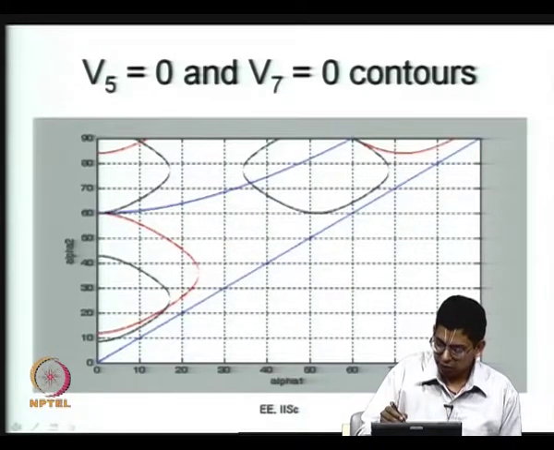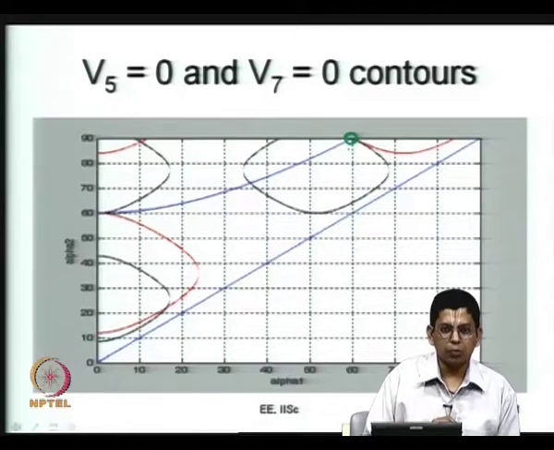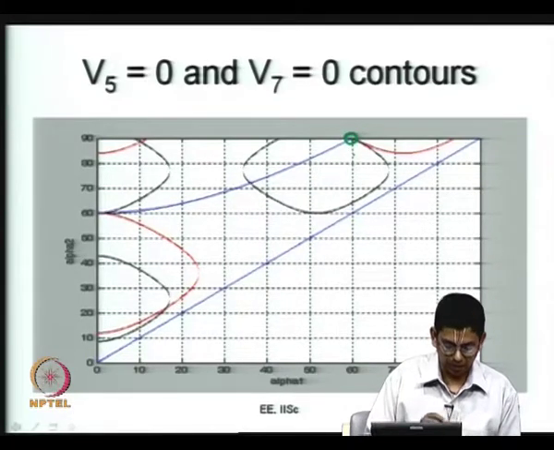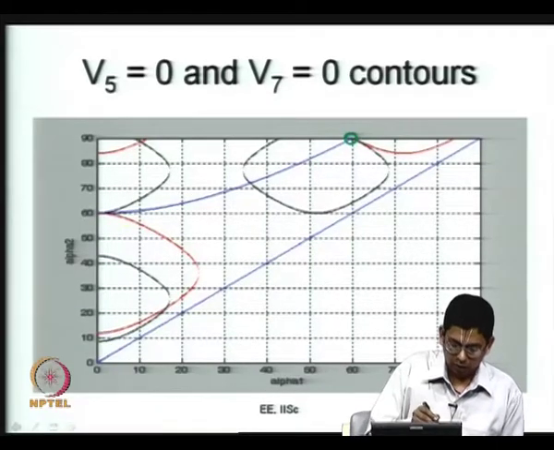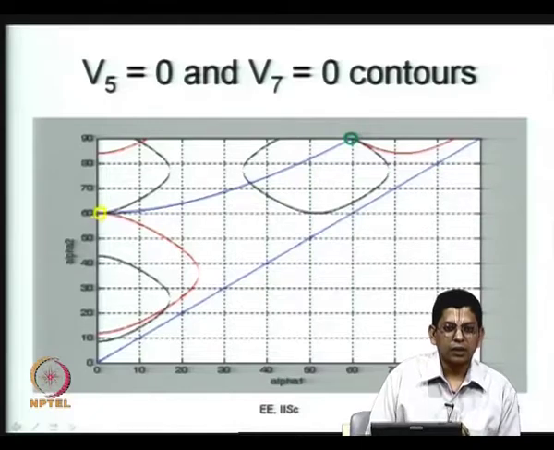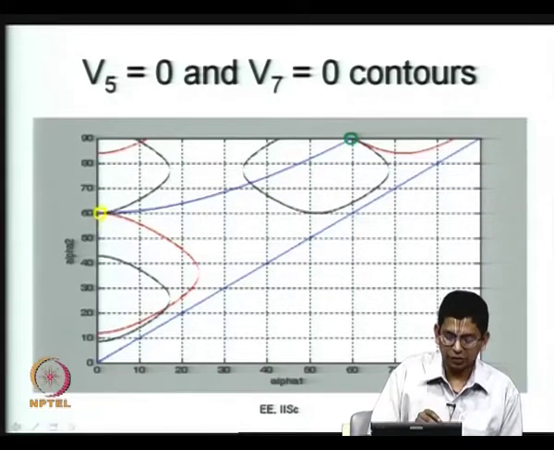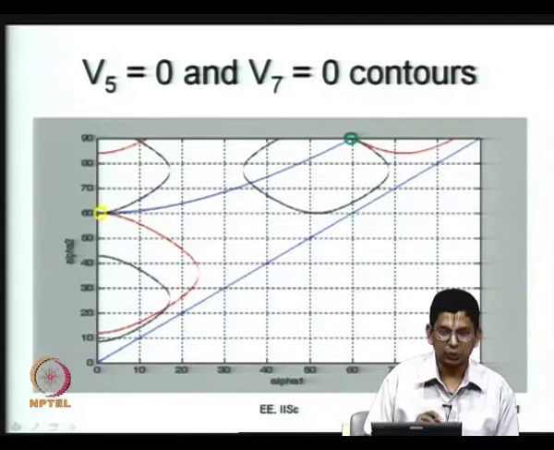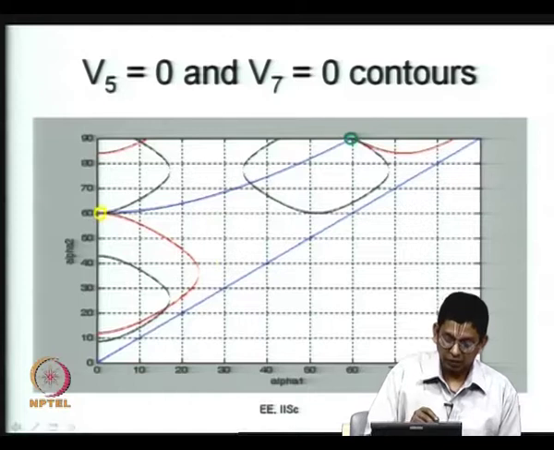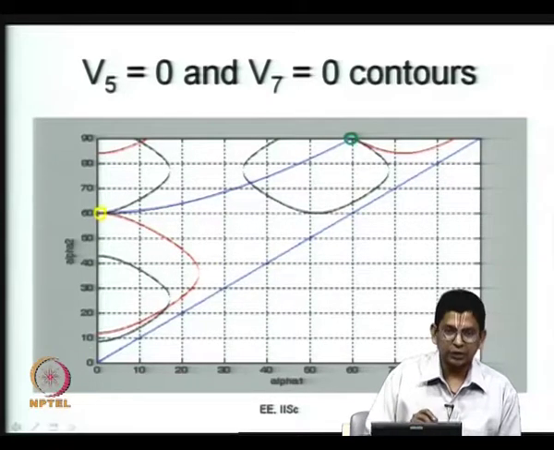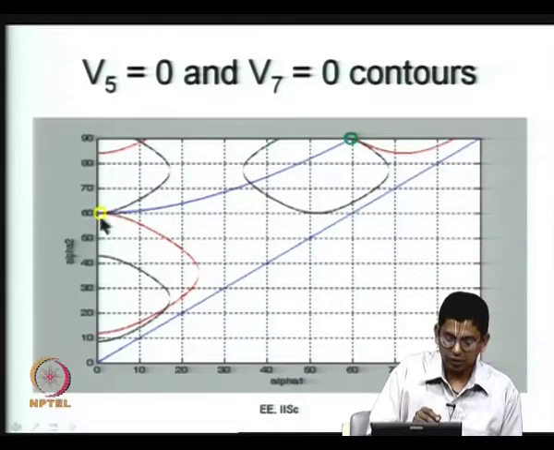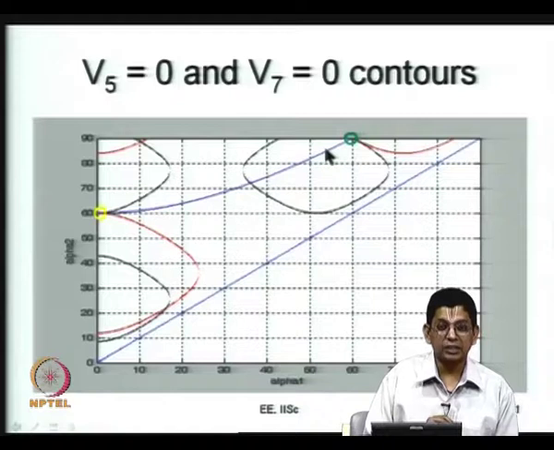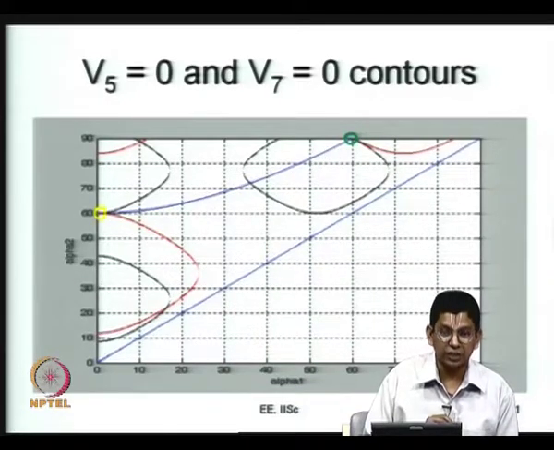So, now I will start my green PWM technique from there, and another PWM technique, which I would call the yellow one, I can start from here. What are the advantages of these 2 points? At these 2 points you see that the 5th harmonic is 0, you also see that the 7th harmonic is 0. It should be so, because while this entire blue line guarantees you V1 is equal to 0, these 2 are the only points on the blue line that guarantee that all the harmonics, V5, V7, V11, V13 etc., are also 0,